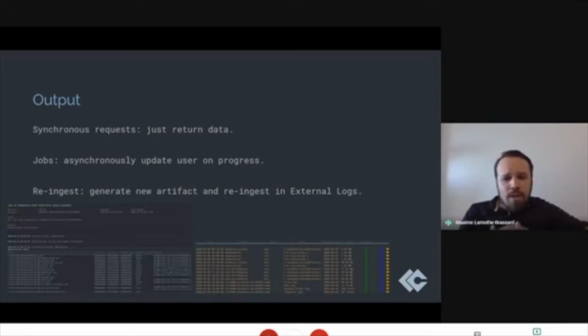The re-ingest part is really re-ingesting within the external logs. For example, I mentioned the Zeek service that allows you to send PCAPs to LimaCharlie, and the Zeek service waits for those PCAPs, transforms them into Zeek logs, and then re-ingests them. So if you have, for example, picking a random example here, your own detonation service, and you do a really great job at getting an executable, launching it within a VM, getting telemetry from it, or maybe it's a memory dump you're getting and you're extracting artifacts. You can extract, for example, PEs and stuff like that.